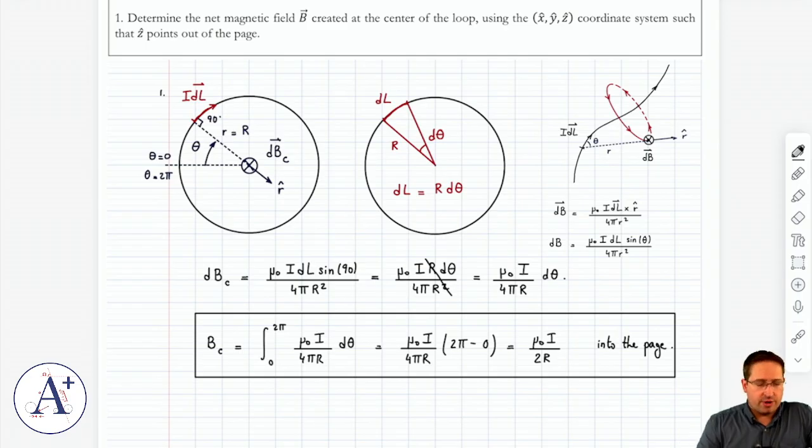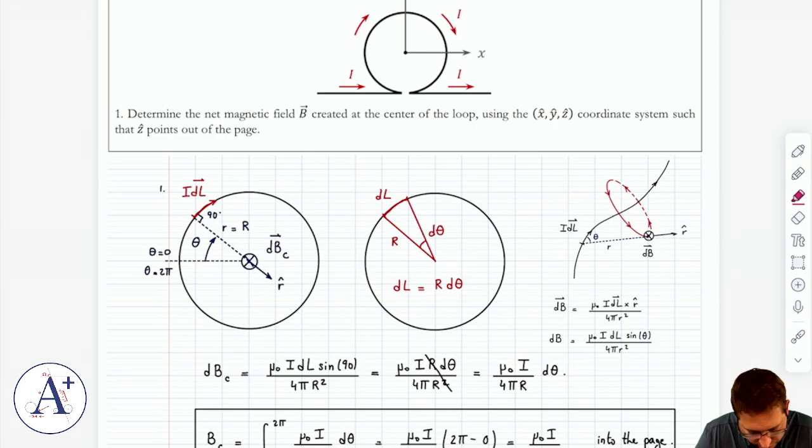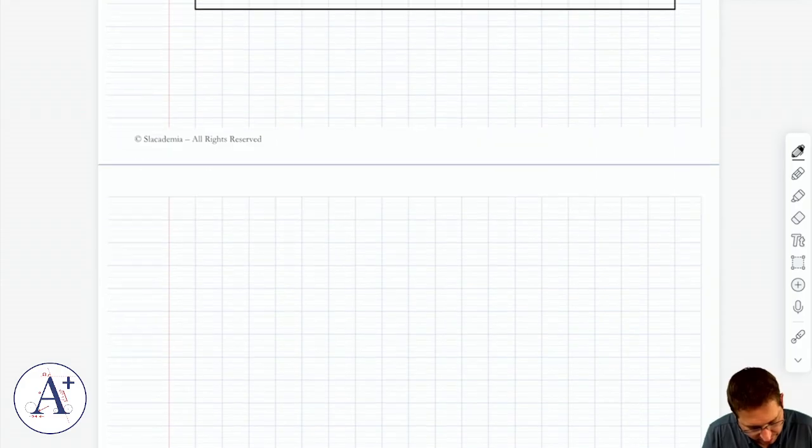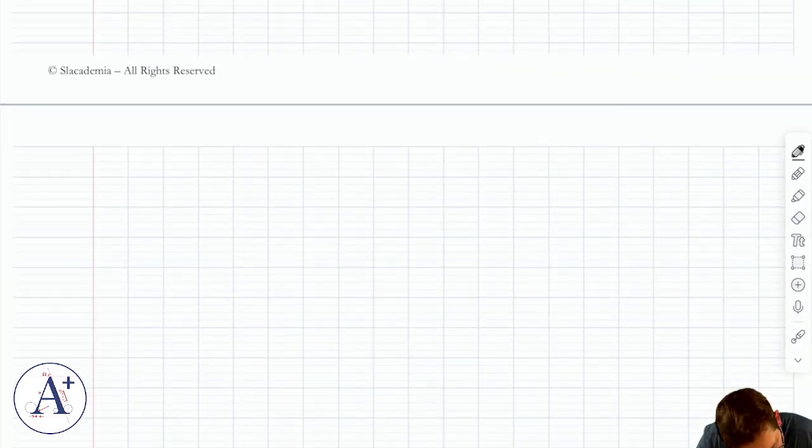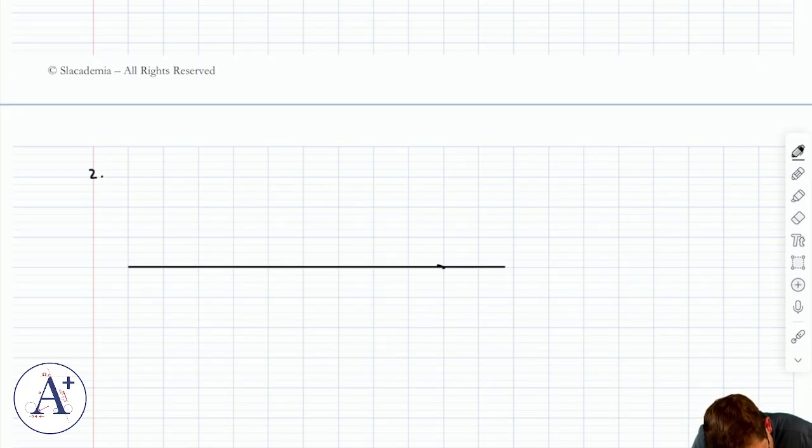So I found that part. In other words, I've taken care of this. I still need to take care of this infinite wire here. But that's very easy because that's just Ampere's law. Right? So by Ampere's law, if I have an infinite current carrying wire and I want to find the magnetic